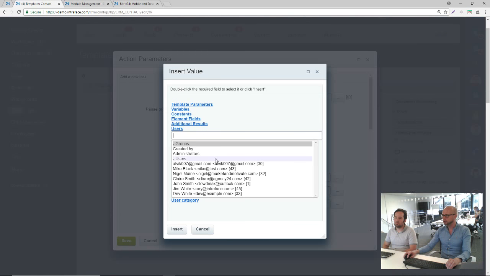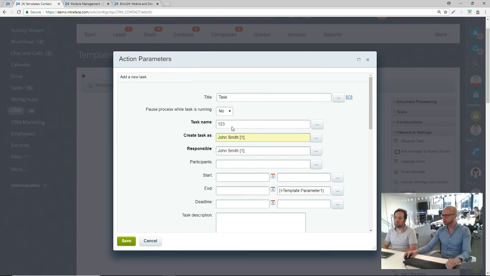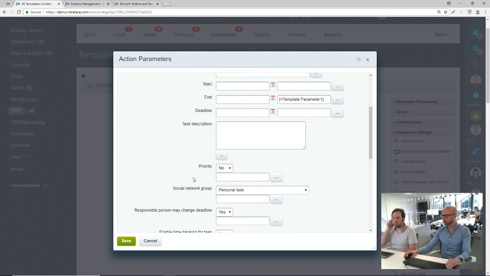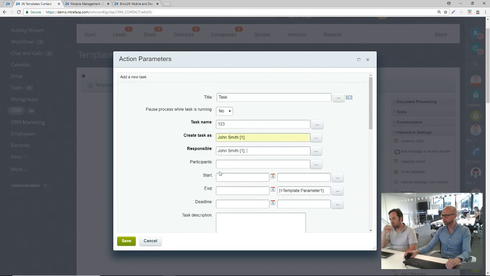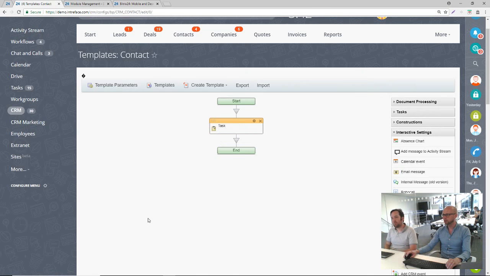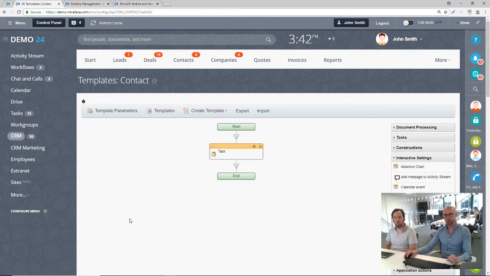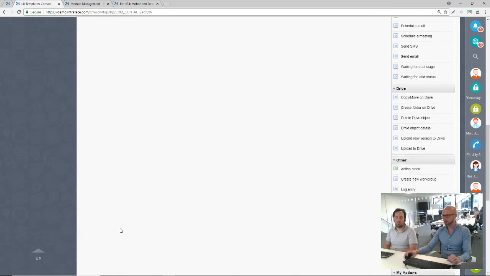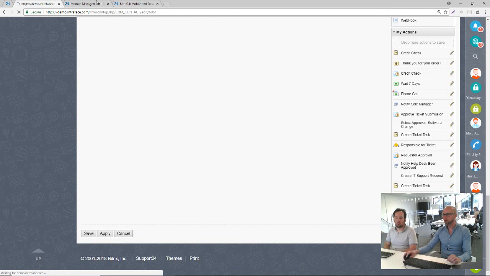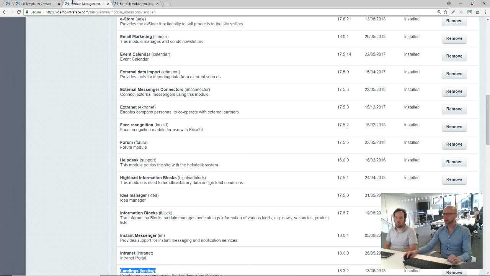Let's give this a name. Let's assign it to myself. So we give the task a name, assign it to myself. I don't think we need to fill any other fields out in here unless you wanted to, and save that. Essentially, all this process is going to do, when we run it manually, is create this task, but it's going to ask us for a date, and the date's going to be populated into the task. So if we go to the bottom and apply this,